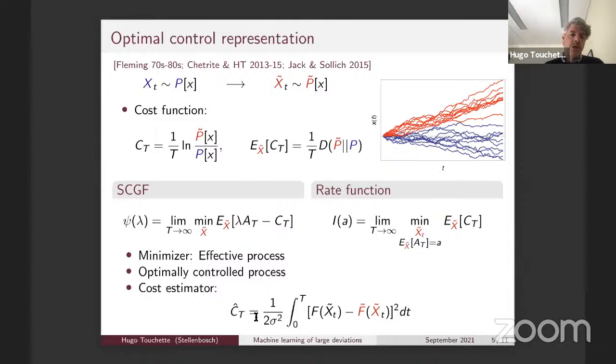Now, for the purpose of simulation, I'm just going to mention this. We can calculate the cost over a trajectory, and the cost for diffusion is just a distance squared between the original drift of the diffusion and the modified drift. So this is interesting because now we have a quadratic cost, which is simpler to deal with for diffusion. You can also define a cost for jump processes or Markov chains. It's just slightly more complicated, but we know these formulas, so we have the explicit expression for the cost.